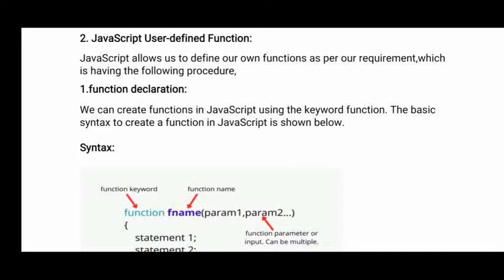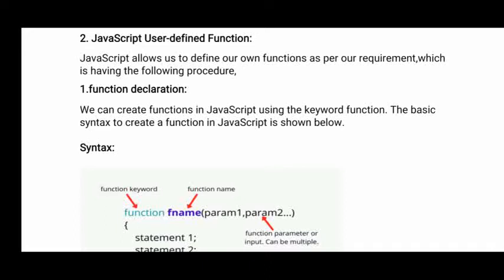But if it is a user defined function, the interpreter doesn't know anything about your user defined function. So what you have to do is define what the user defined function is, what output you are getting from that function, how many variables are there, and how you are calling that function. Everything you have to define. If it is a built-in function, it is ready-made: you just pass the value and call the function. But if it is a user-defined function, everything you have to define.